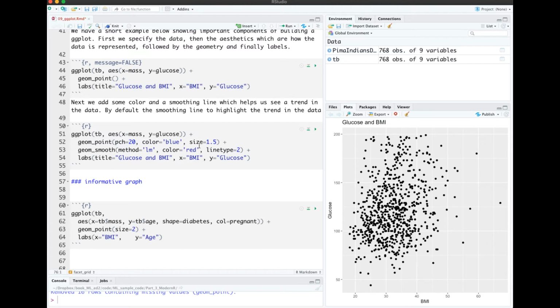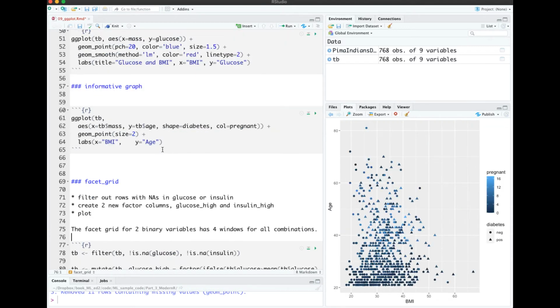This next one simply adds some dot points, colors, and sizes. Also a smoothing line here. Notice with this syntax you can easily add another element like the smoothing line here, just on a line of its own. Here is a plot where I'm plotting mass and age,